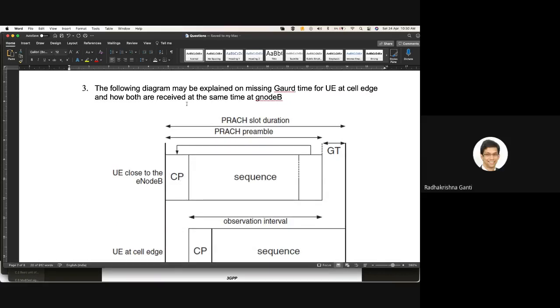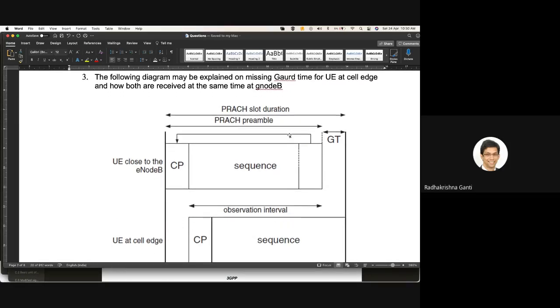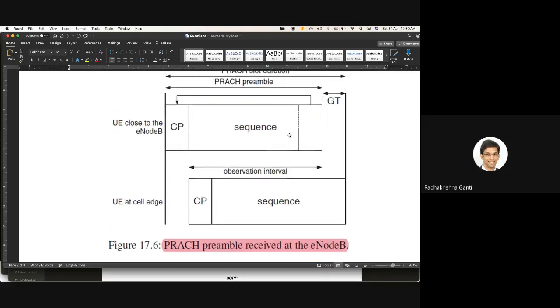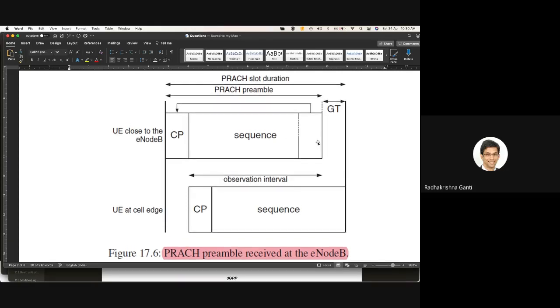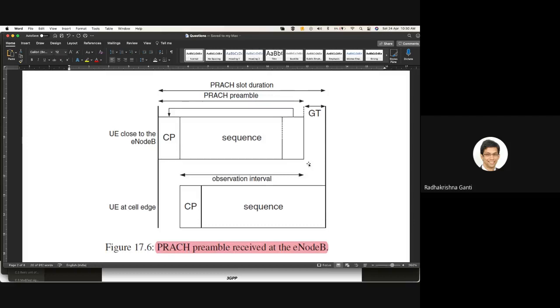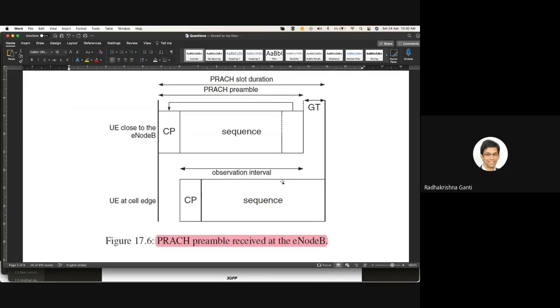So the next question is: the following diagram may be explained on missing guard time for the UE at the cell edge and how they are received at the same time at the gNodeB. I think you have interpreted this diagram in a wrong manner. This is what the base station has received, not what the UE has transmitted. Both these UEs have started transmission at this boundary. Because this is a closer user, the base station received it immediately, whereas this is the farther user,